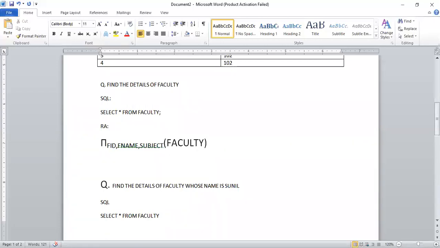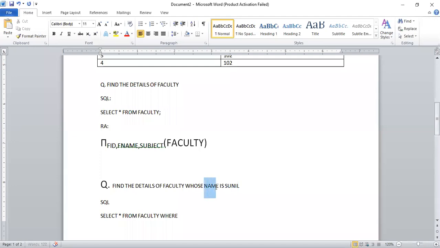Select star from faculty where, as per the question, faculty ID? Why ID?